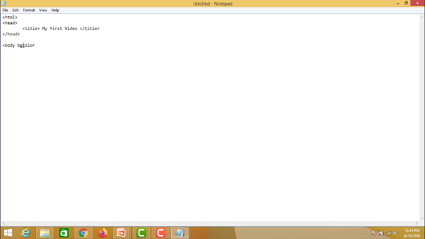Keep in mind, in computers the color spelling will always be COLOR. Color equal to yellow. Close it with closing double quotes. Text equal to double quotes green.